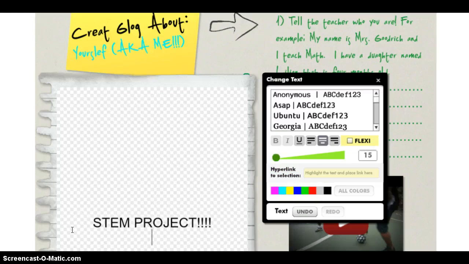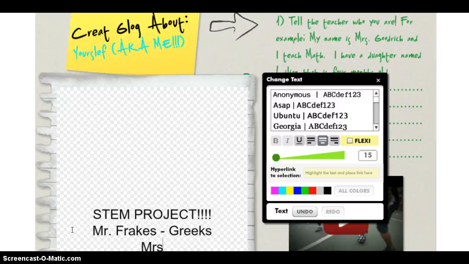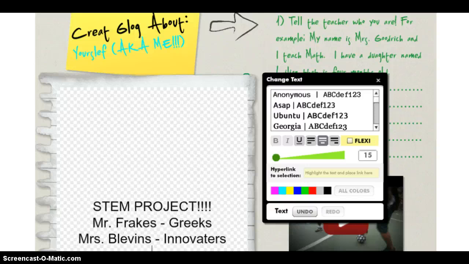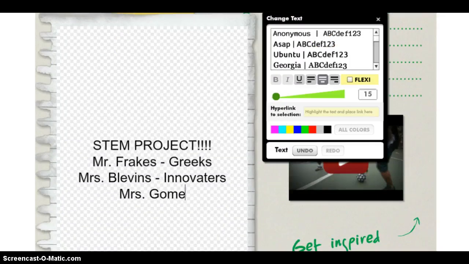you'll incorporate pieces from Mr. Frake's class about Greek, Miss Blevins, you've got the inventors. Actually, I think it's innovators, to be more specific. Innovators. And you've got Miss Gomez. Let me scroll that down so you can see. You've got Miss Gomez, which you're going to be working on your